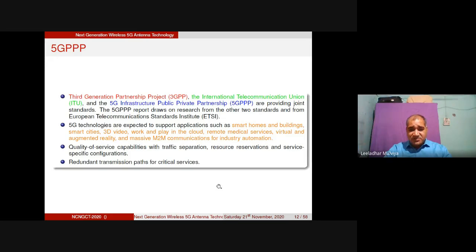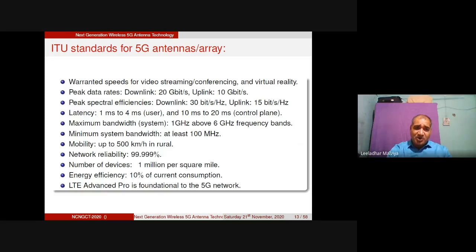So redundant transmission paths for critical services are reserved in the case of 5G. And that's why we can think about what the speed, latency, and mobility should be in 5G. The International Telecommunication Union has set certain standards: the peak data rates are 10 Gbps for the uplink and 20 Gbps for the downlink, and peak spectral efficiencies are 30 bits per second per hertz for the downlink and 15 bits per second per hertz for the uplink. Latencies are limited to 1 to 4 milliseconds for users, and 10 to 20 milliseconds for the control plane. Maximum bandwidth up to 1 gigahertz